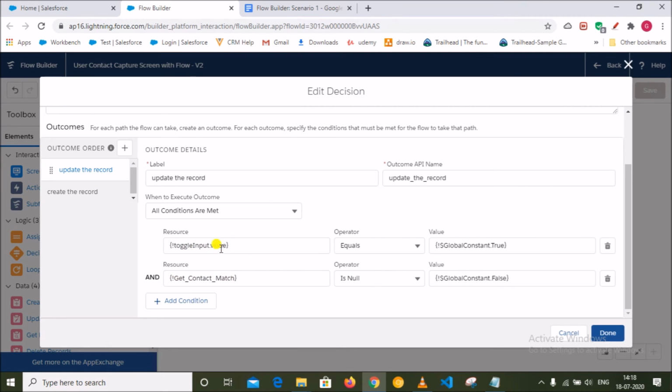So the input toggle value is active, and Get Contact Match is null false, that means I am getting data. If both conditions are true, in that scenario my record will go under the update condition.